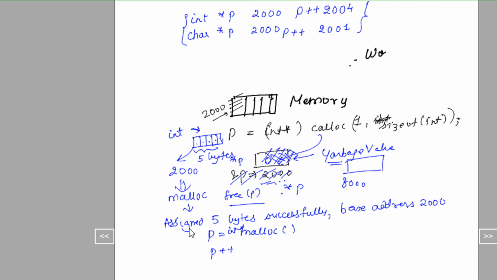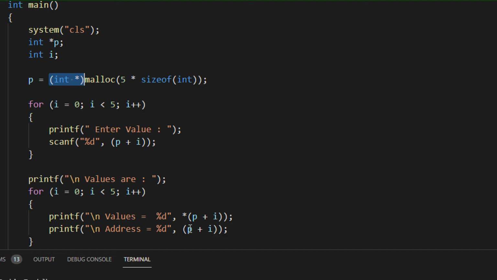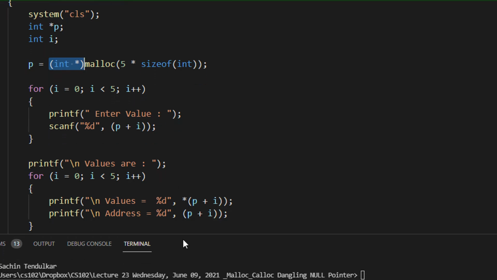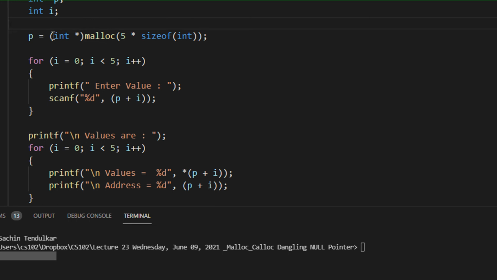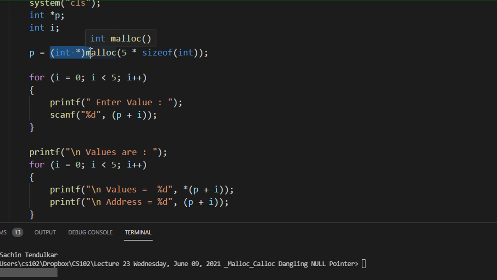Now when I do p plus plus, p will be incremented by 4, which is what we want. Let's say we are storing an integer array, so we want our pointer to increment in steps of 4. To ensure that it increments in steps of 4, we need to do int star. Fine, I hope this clears that out.